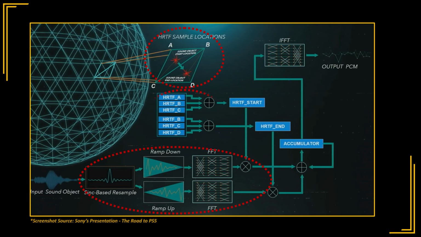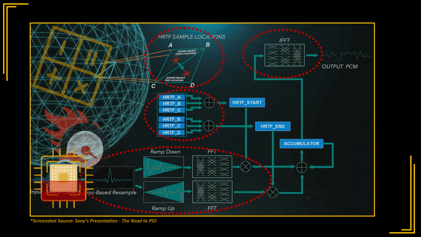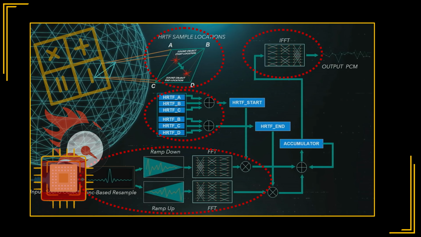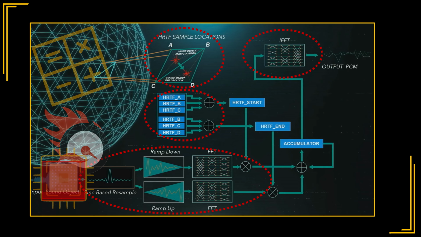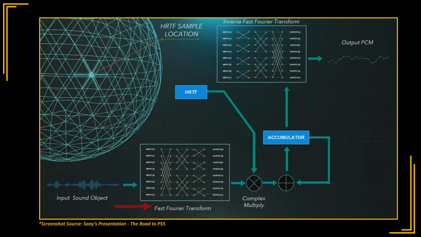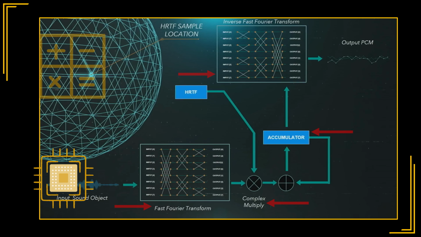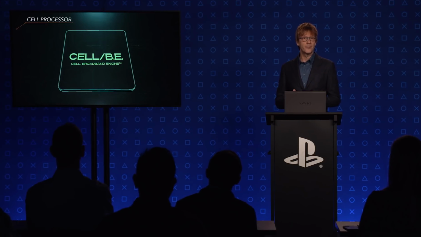These real-time HRTF calculations that are critical to the 3D immersion experience are computationally very heavy and expensive, which means that using a general-purpose x86 CPU or APU in a console would not be enough, as it would eat away from the resources required to run the gameplay and render the graphics, and game developers typically favor those over audio design. And here, Mark Cerny explained how the PlayStation 3's beastly Cell processor at its time was remarkable in its